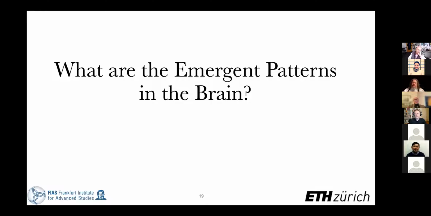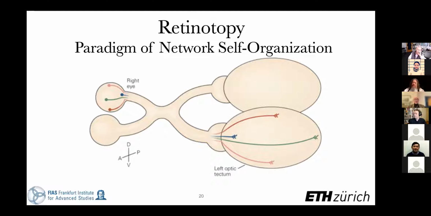So that poses the very important question, what are the emerging patterns in the brain? There is, thank goodness, a very good paradigm for that that has been studied 40 years ago, very intensively, I must say. I was in the middle of this, with dozens of different types of experiments done on frogs and fish. And the question is, how come that the fibers that grow out at some stage in the embryo from the retina on the left, and grow out to target structures in the brain, the optic tectum, for instance, here on the right,